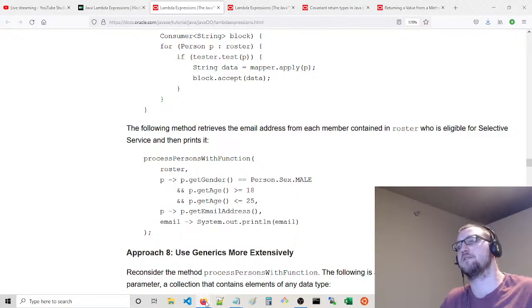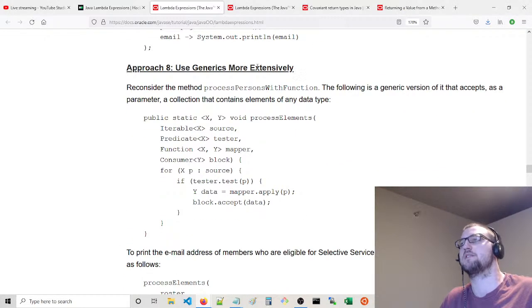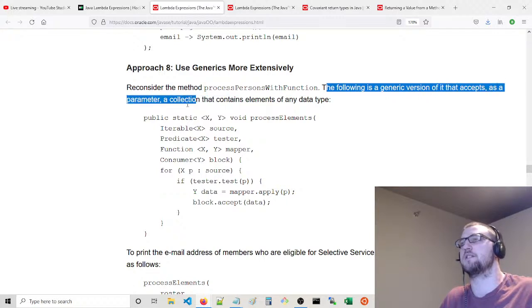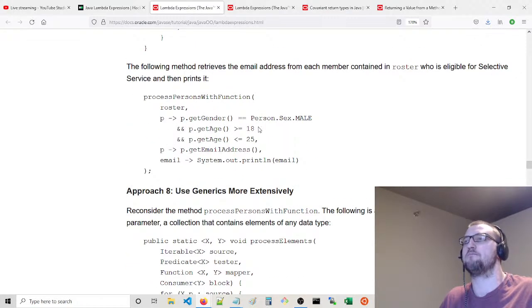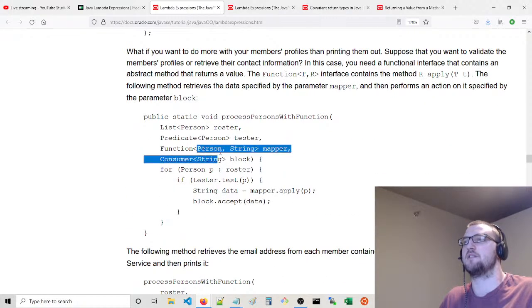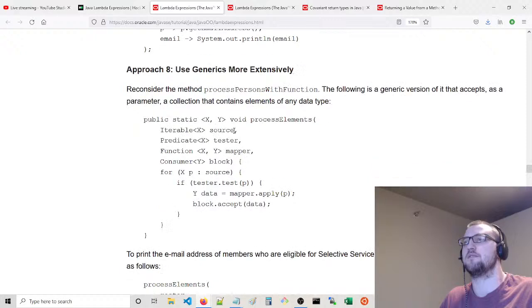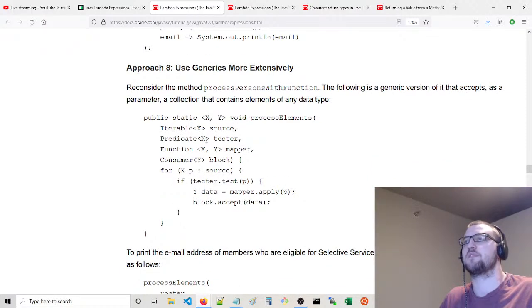Okay, very interesting. Use generics more extensively. Reconsider the method processPersonsWithFunction. The following is a generic version of it that accepts as a parameter a collection that contains elements of any data type. So now instead of persons and strings and all of that, we can do X and Y, where you have